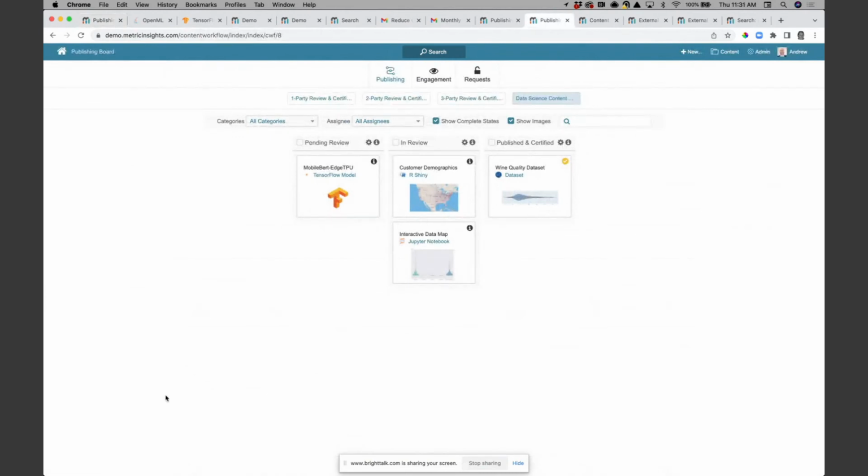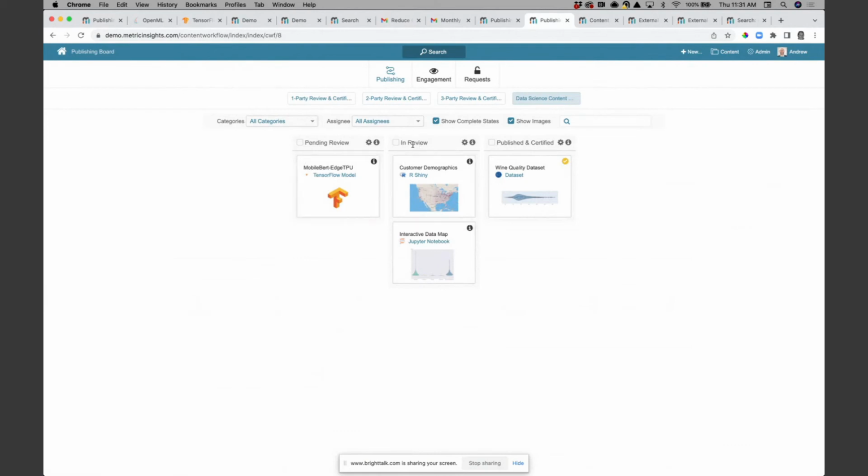So as an end user, an analyst responsible for publishing this content, anytime a model or an analysis gets added into the system, I can decide whether that's something that I want to publish into the portal.